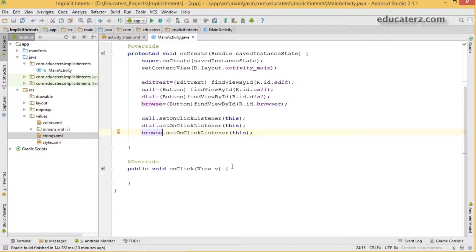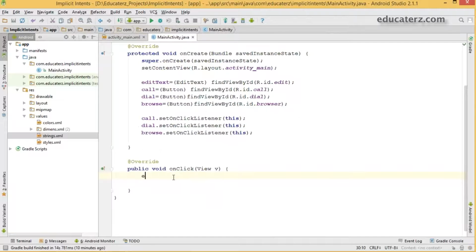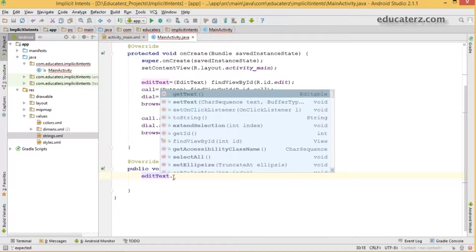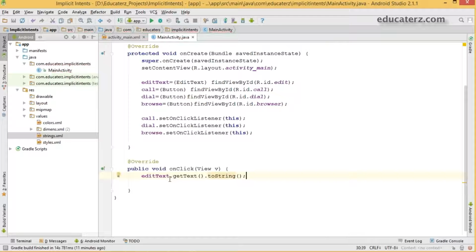Save this. Now come back here. When we are going to click something, what it should do first is read the details whatever I enter here. So I'm going to read it now. I should get the text from the edit text and change it to string. But this should be passed to something else, right?